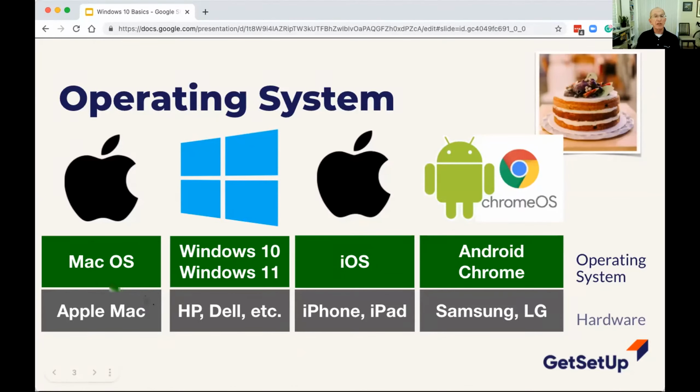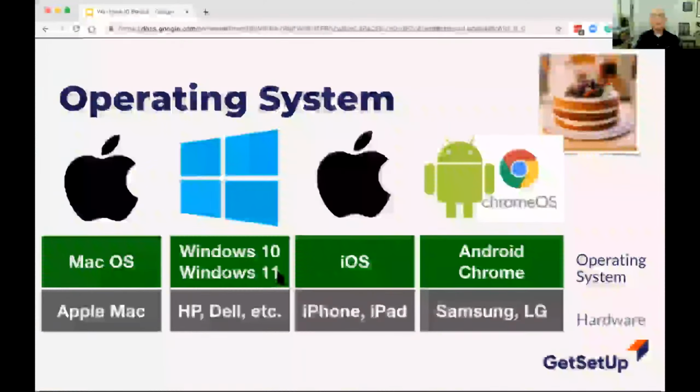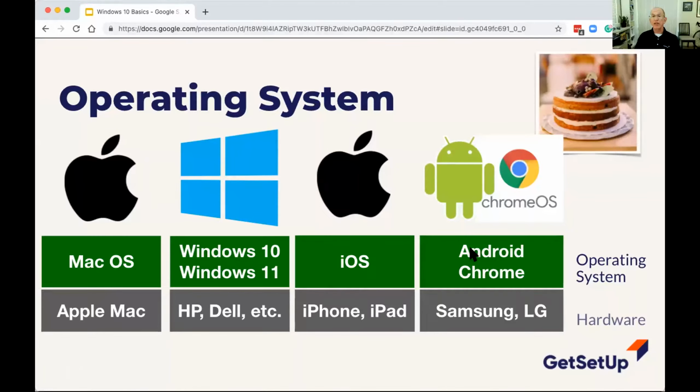Apple makes Macs, and they make mobile phone operating systems for iPhones and iPads. Windows just introduced Windows 11, which is an optional upgrade. And then Google makes two operating systems, Android for mobile devices and Chrome for laptops. But the thing about Microsoft is they make the operating system available to other companies like HP,